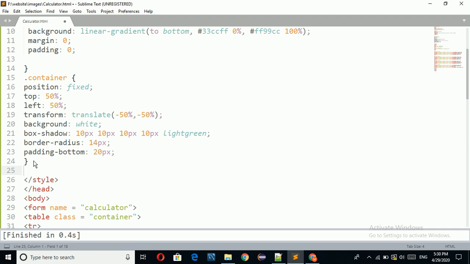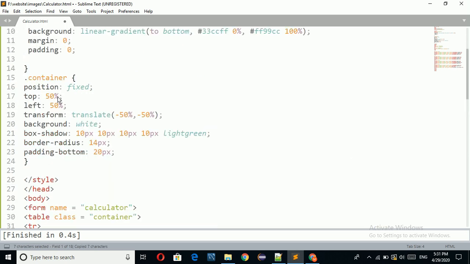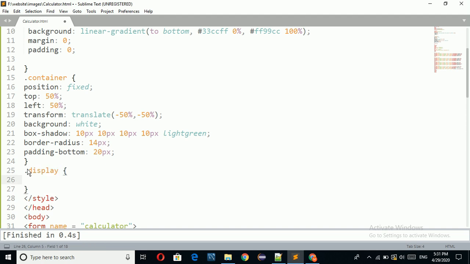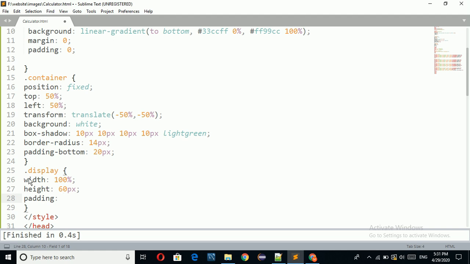Now I am going to apply CSS for this display, this text bar. In the display button, I am taking width equal to 100% and height equal to 60 pixel, and padding equal to 40 pixel, 0.